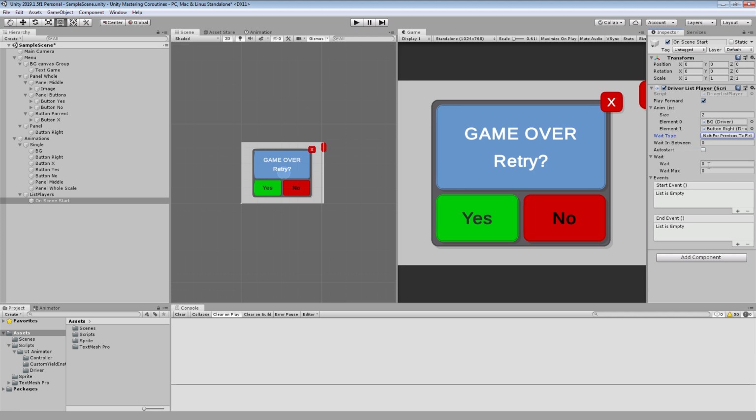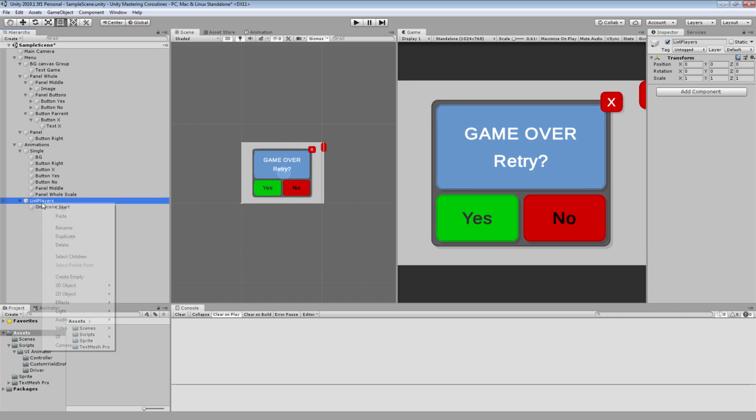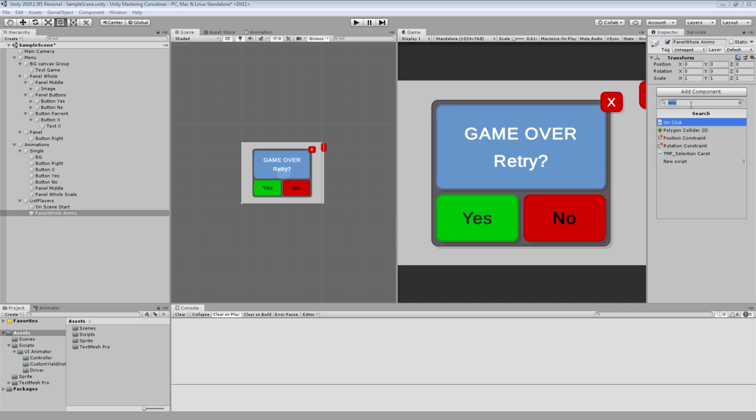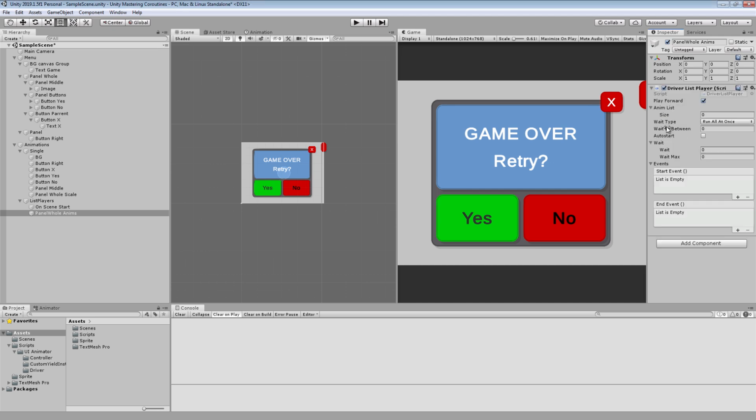Now let's change wait type to wait for previous to finish. Change our wait variable to 1 and also turn on auto start. Now from our scene, select our list player's game object, and let's create a new one with the name panel hole anims. And let's add a new component,